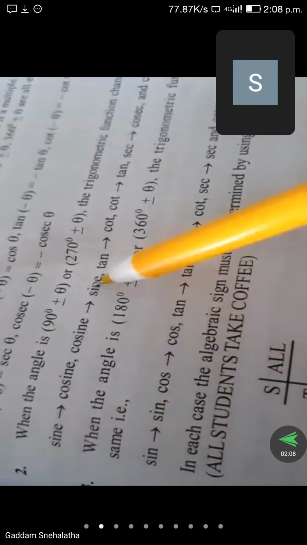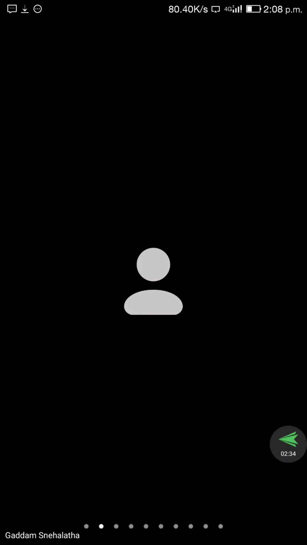When we are taking 180 plus theta or 180 minus theta, 360 plus theta or 360 minus theta, the trigonometric function stays the same: sine is sine, cos is cos, tan is tan, cot is cot. Everyone we get that function only. So here sine of 180 minus theta, we get sine theta. So sine theta value here, 30 degrees. You all know I think the sine 30 value. Do you know the value of sine 30? 1 by 2. Yes, 1 by 2.